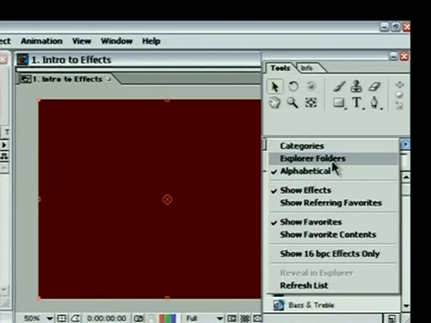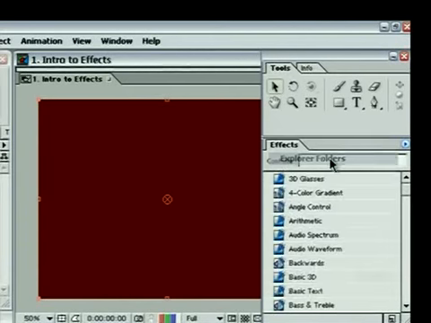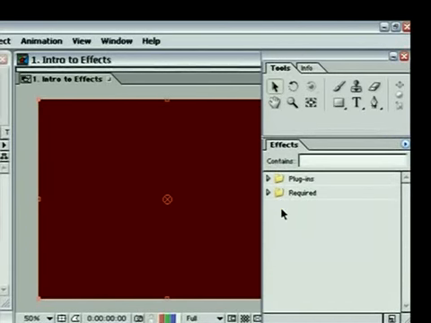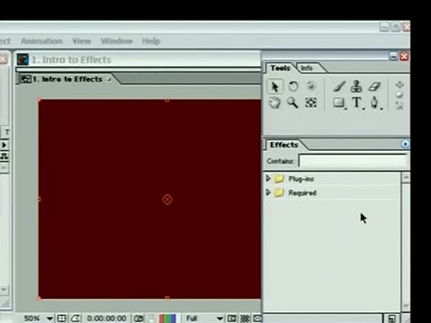And what this basically means is the folder structure that exists inside your plugins folder that you'll find inside your After Effects folder will be the structure that's used to sort the plugins that are available to you inside the effects palette. We have the standard version of After Effects installed right now. We're not demonstrating any production bundle features. So currently the only plugins available to us are the standard effects, which are in their little folder here, and